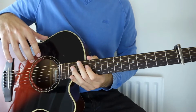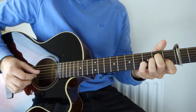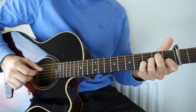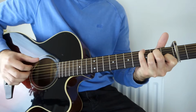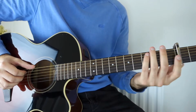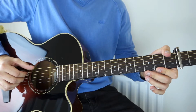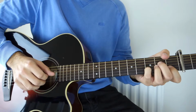Okay, so coming out of that last bridge, it's basically the same. You can see at the end there's that final little rundown, which was just open A, G, third fret on the E, and then first fret on the E. So at the end of it, the only other difference is you're bending on the 1,